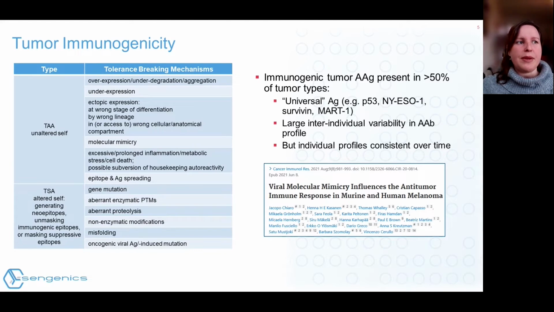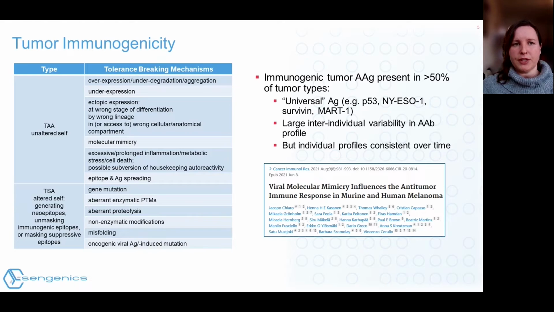that are typically resulting from very common tumor driver mutations, as well as from oncofetal and cancer testis antigens that the tumor begins to express as it acquires progressive stemness characteristics. Although there is a very large inter-individual variability in autoantibody profiles, which typically requires a slightly larger sample size to be able to achieve discriminatory power in studies, it is also true that individual profiles are very stable over time. And so it is possible that the ultimate focus of precision medicine in this space will focus more on looking